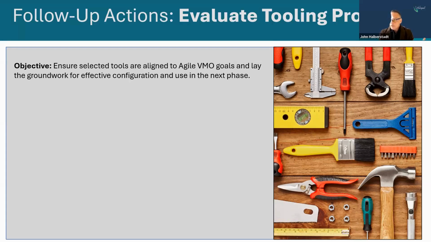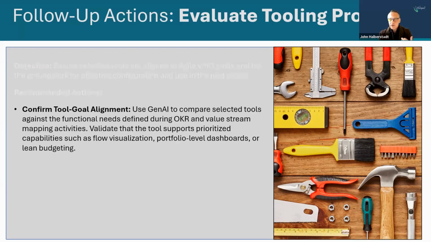So after those first 30 days, ensure the selected tools are aligned to the goals and that they are being laid as appropriate groundwork for and configured properly for use in the next phase. So some things that you can do: confirm the tool goal alignment. So if you haven't already done this, use generative AI to compare those tools against the functional needs that were defined. Make sure that all of those functionalities that you've defined in the tool, if you've chosen that tool, or if you're using a tool that you already have and you've identified that it can support those needs, make sure